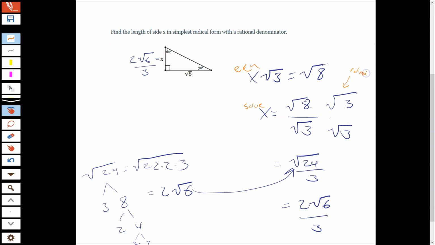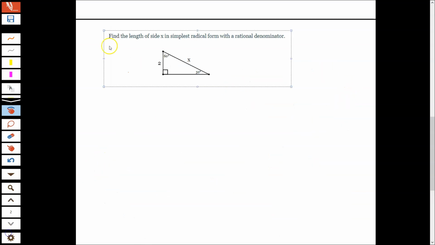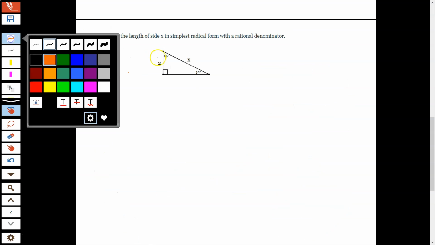I did leave myself enough room here, because we don't want the root in the denominator. And then we simplify. That's what we're doing over here. And then our final solution was that. Okay. So make sure you capture this example in your notes before moving on, including all the rationalizing and simplifying and all that. We're going to look at two more now, both where you have to find the hypotenuse, so